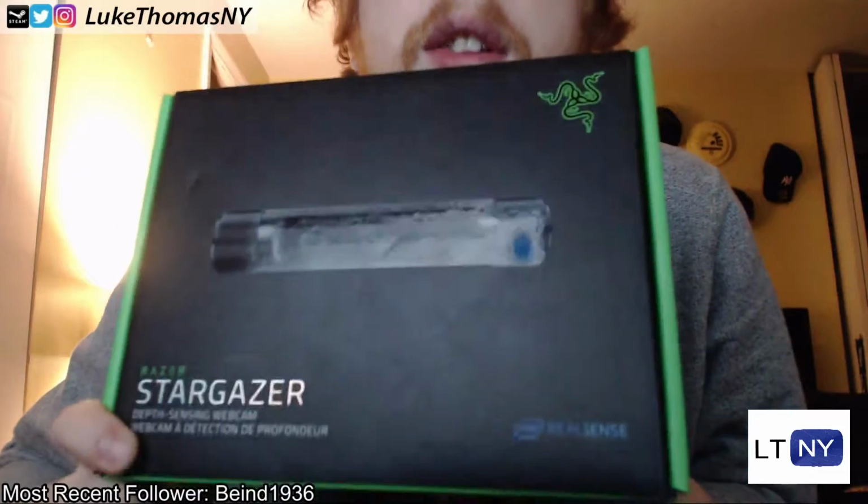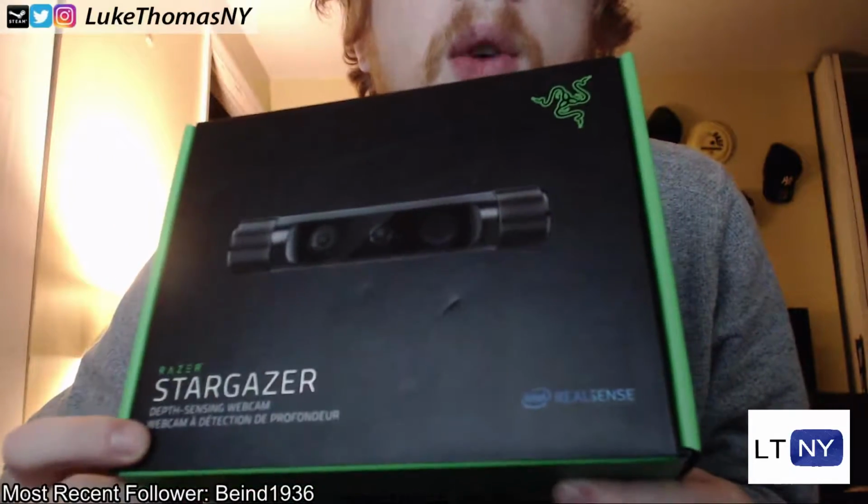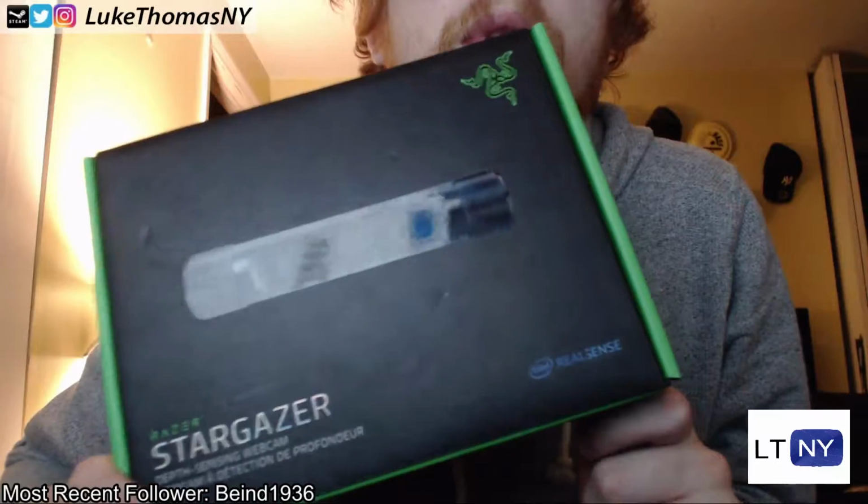This time we're going to be unboxing together the Razer Stargazer depth sensing web camera. This uses Intel's RealSense technology to do some things like background replacement, 3D item scanning, and gestures, and also this enables the Windows Hello functionality on Windows 10. For people who are looking to try out facial recognition for login instead of passwords, this should do the trick for that as well. But yeah, I'm going to go ahead and jump right into this as far as opening